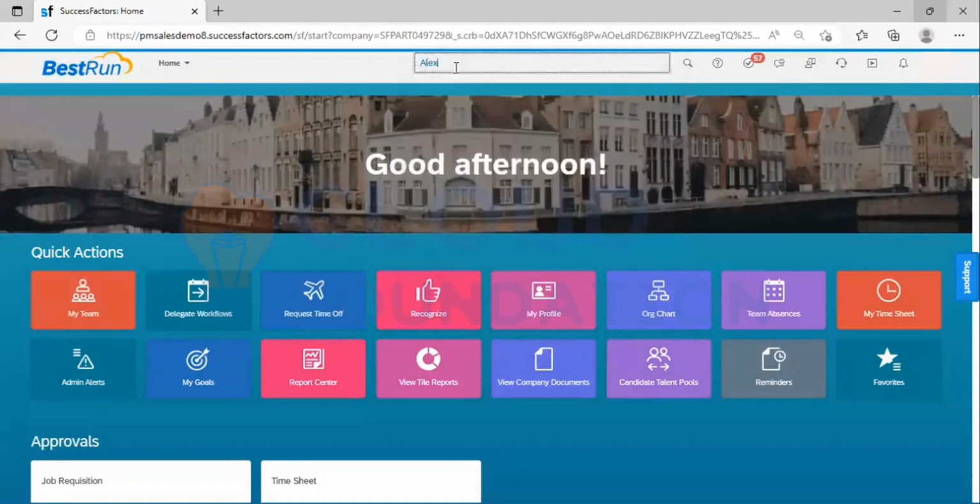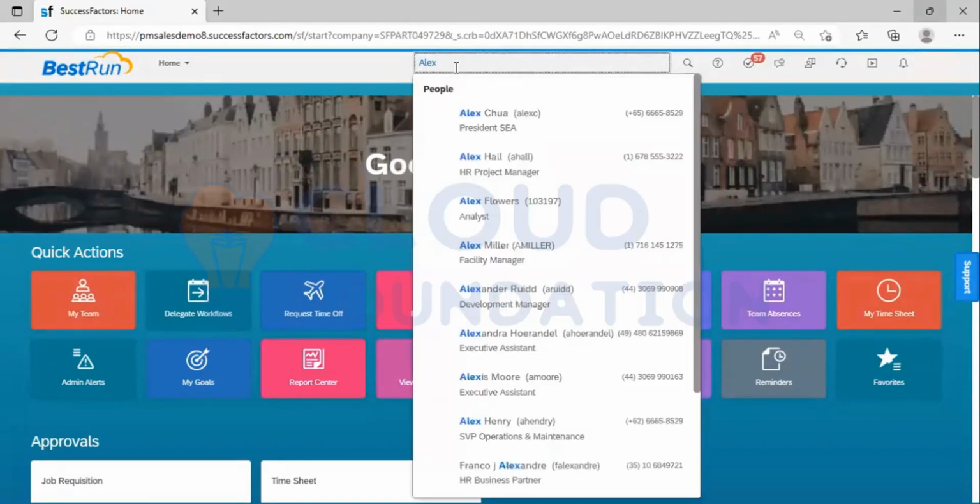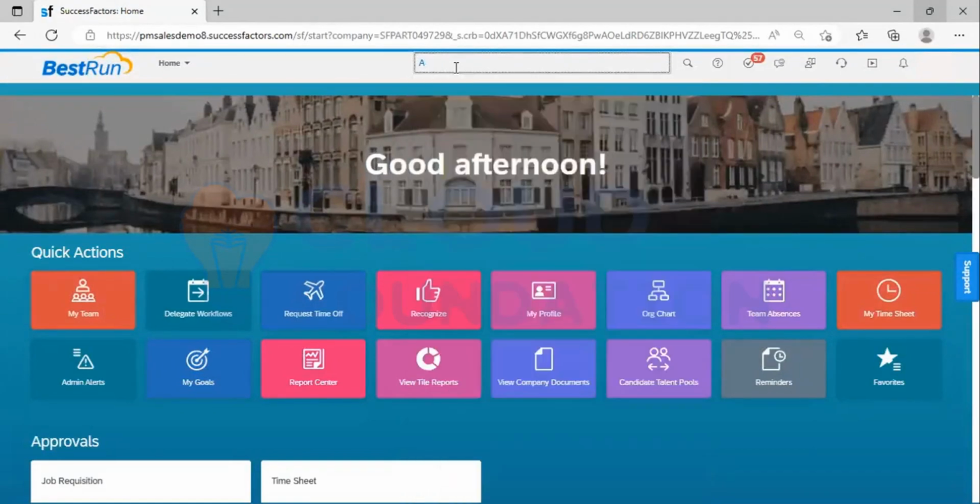So when I'm just searching with an employee name, I can go and search for any employee from here, from the global search. Second thing is that,